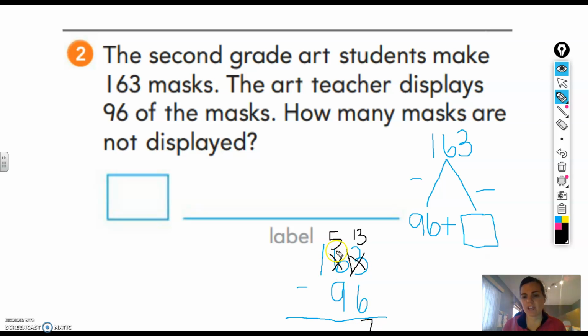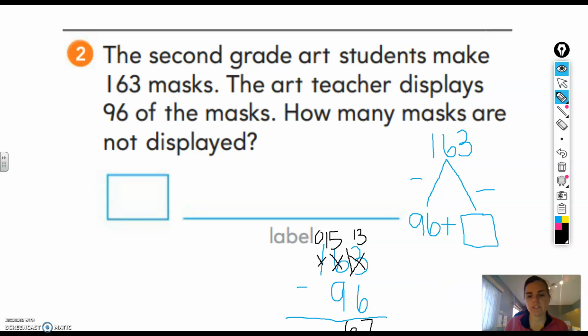And then now I have to think again, my tens cup here. If the number on the bottom is bigger than the number on the top, I go next door and I knock, knock, knock. Or if I have 5, can I take away 9? Nope. So I have to go next door, knock, knock, knock. Is anybody home? Yep. So I'm going to cross out my 1. My 1 becomes a 0, and that 5 becomes a 15. So now I have 15 minus 9. 9, 10, 11, 12, 13, 14, 15. And I get